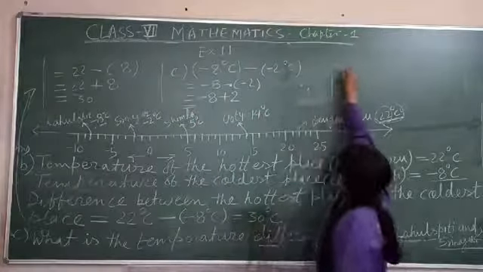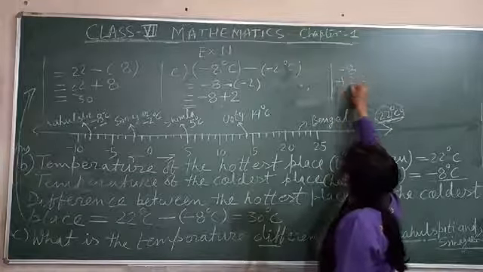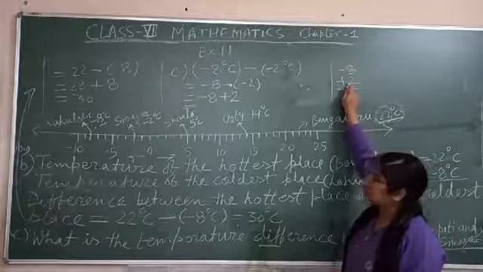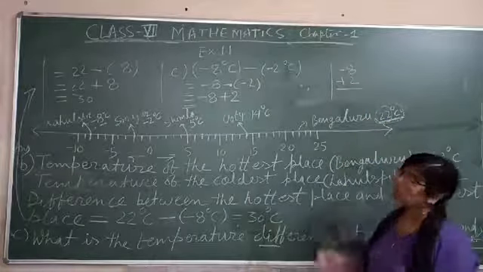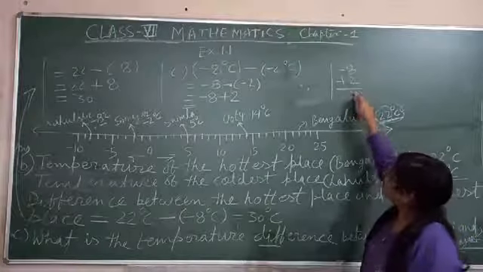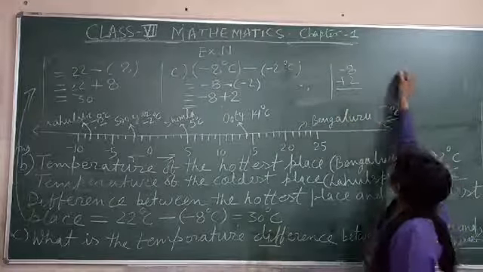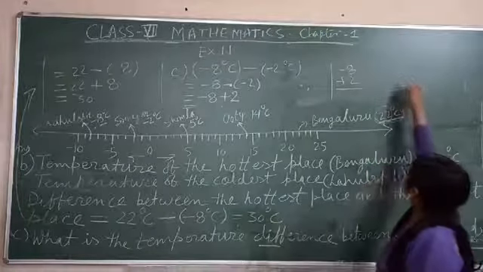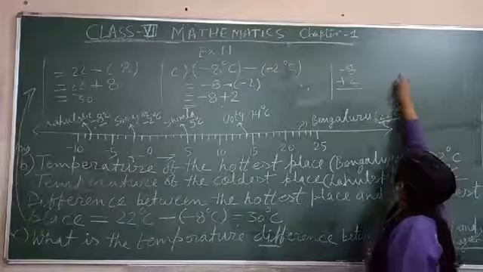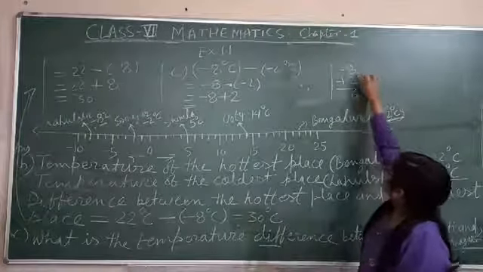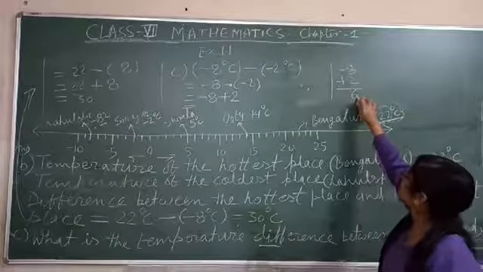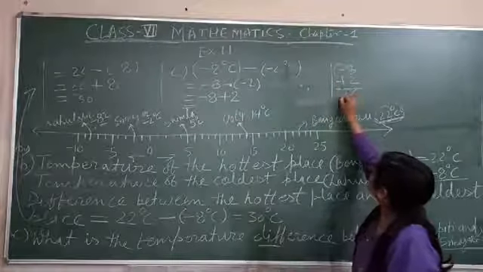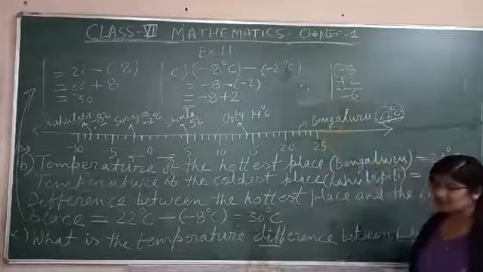You have -8 and here 2. One is plus, one is minus. So how will you calculate? We will do subtraction here, just like normal subtraction. How do you do 8 minus 2? Just that way you have to solve this. 8 minus 2 is 6. So here also we will write 6. But the sign of the greater number is that of 8, so the sign will be -6 here.